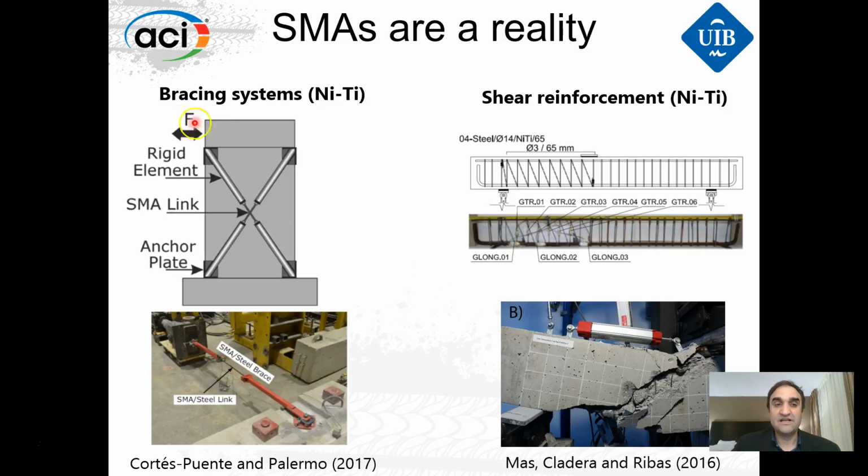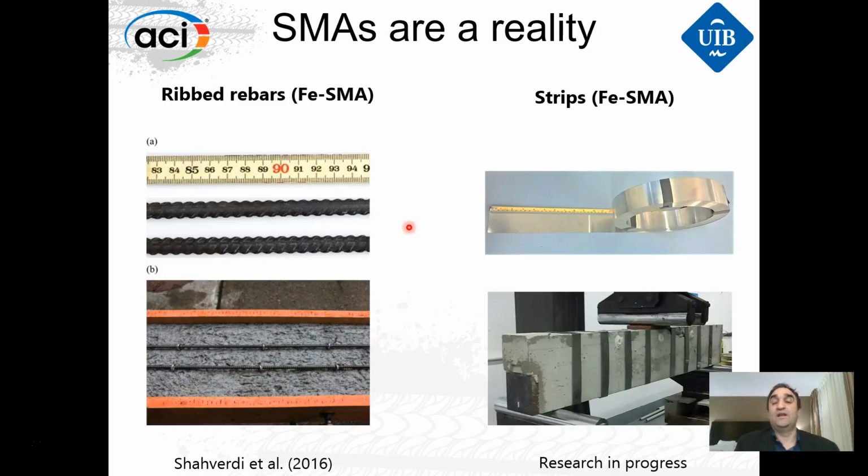Here, for example, this paper published in the last issue of Engineering Structures of Elsevier deals with bracing systems using shape memory alloys to have superelasticity. This is a nickel titanium application, and also a work on nickel titanium using a spiral of superelastic nickel titanium to create very ductile shear failures, but with internal reinforcement. I have just shown you 4 works